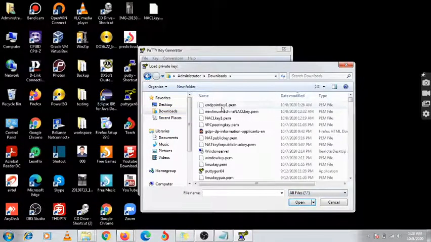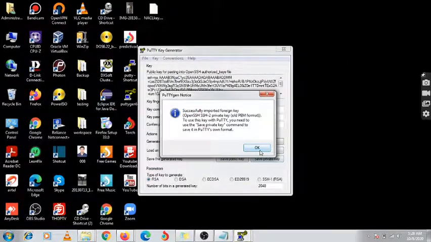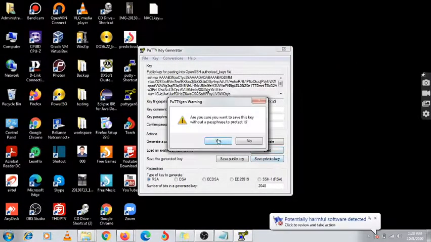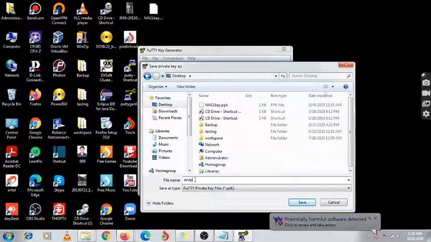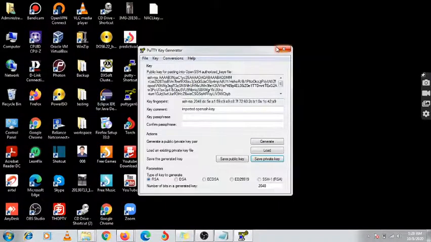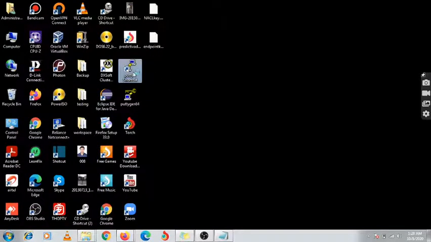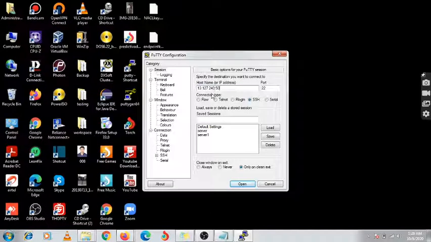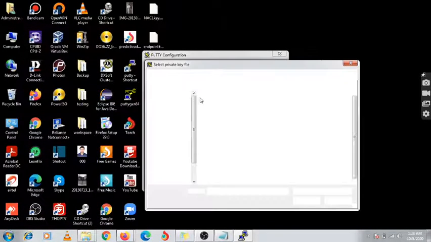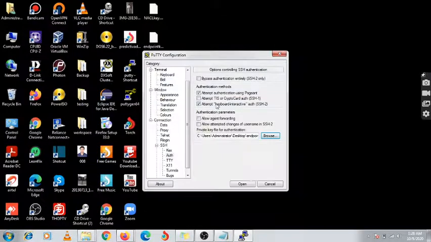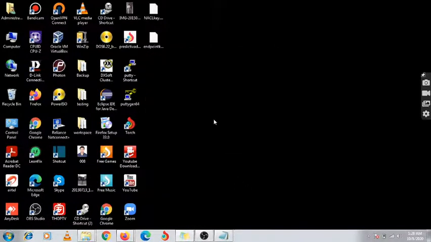Under this, we need to save it on the desktop, giving the name endpoint key 1. Save it and close it. Open your PuTTY, paste your public IP address, and browse and select that key, endpoint key 1, and open it.